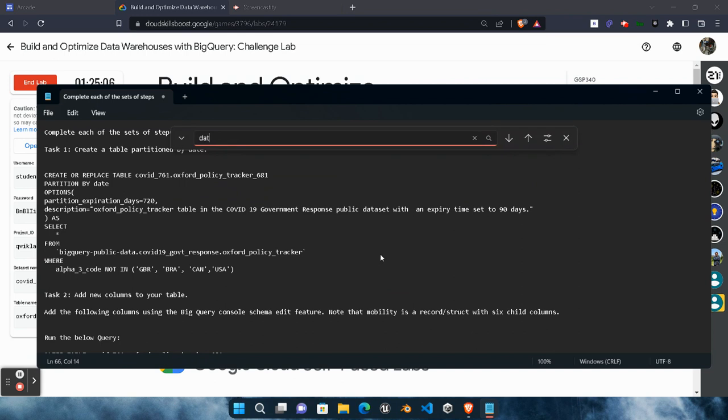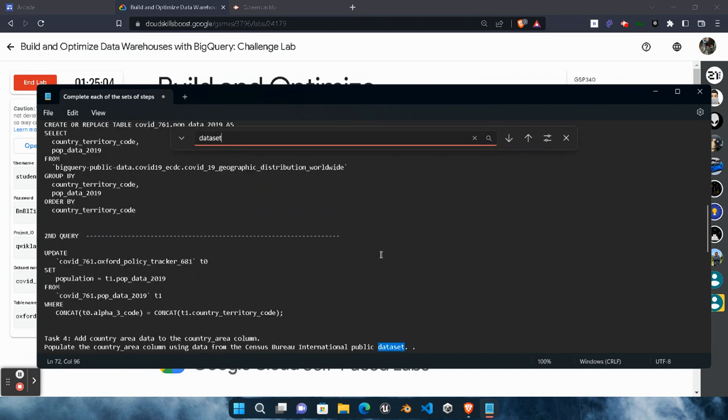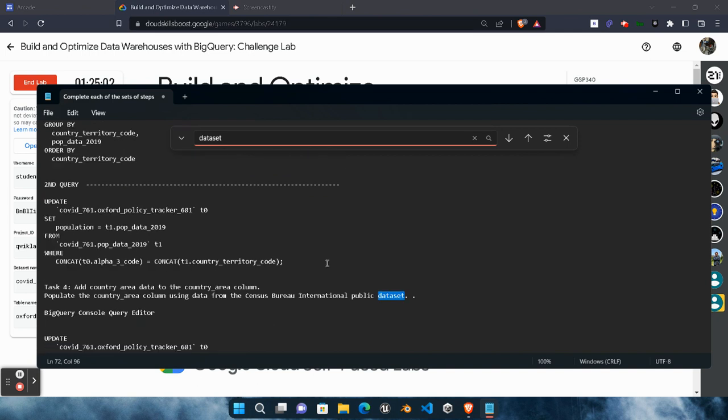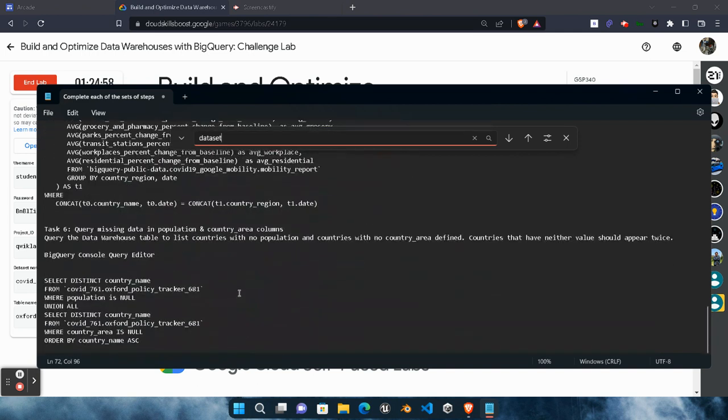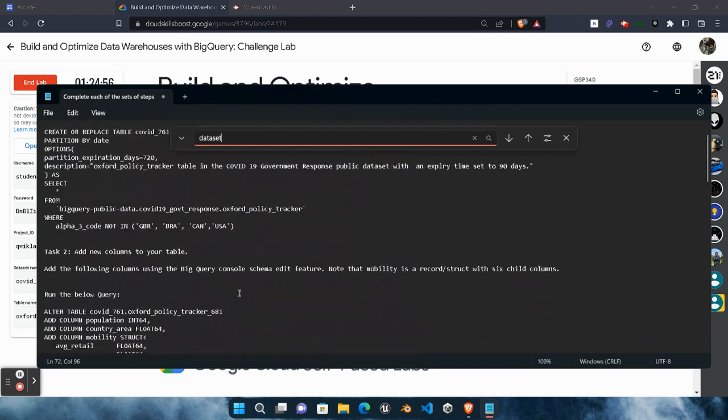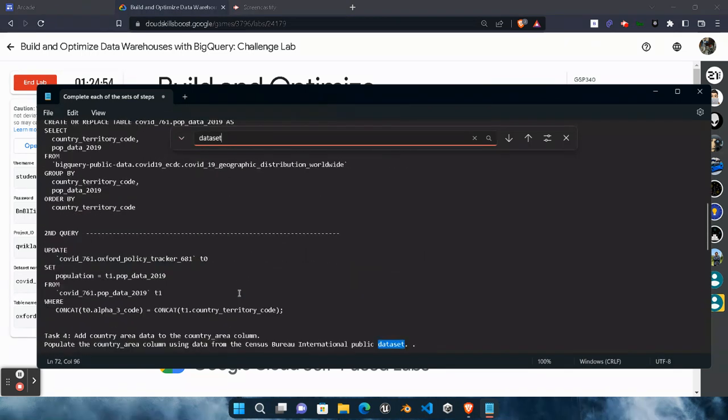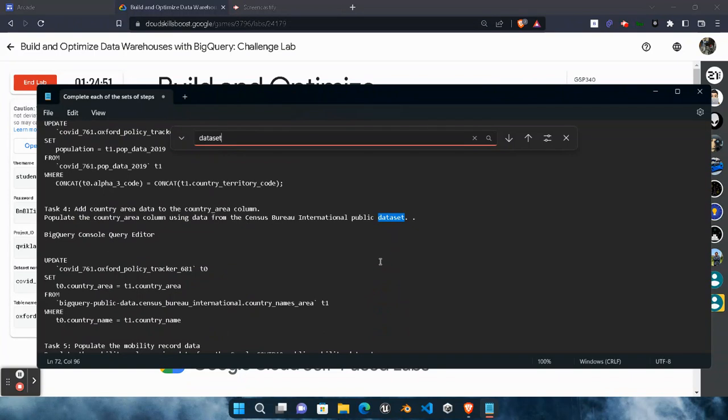Simply type Control plus F, type dataset and hit the Enter button, and it will show you wherever the dataset is written. Okay, and in that way you will be clear that there is no dataset remaining. ये डाटा सेट रिमूव नहीं करना है, आपको पता है कैसे डाटा सेट नेम रिमूव करना था।